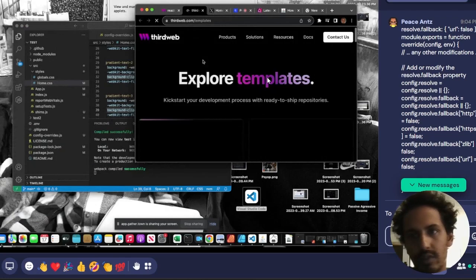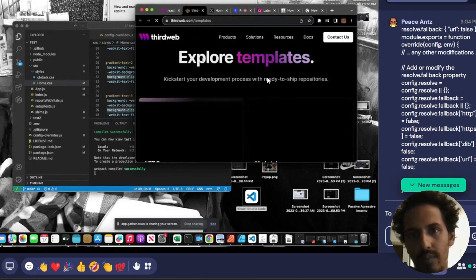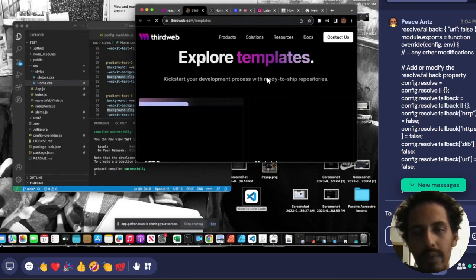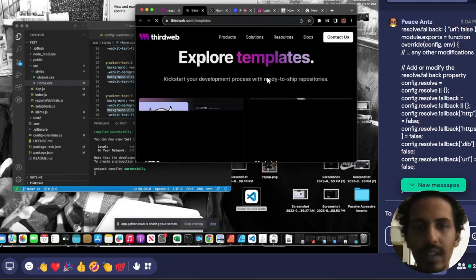So now, what we wanted to do is actually go to the dashboard. Let's click on Thirdweb to go to their homepage, top left corner.